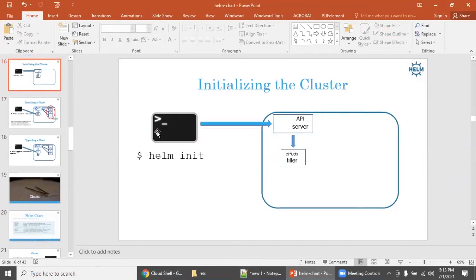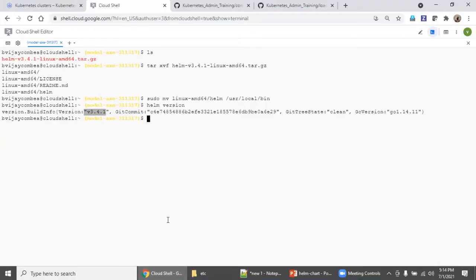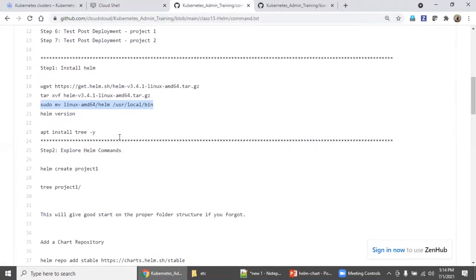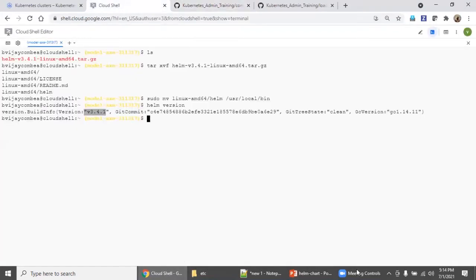Whatever version and documentation you are going to use for the hands-on, right? Understanding the concept is different, but when you go to an actual POC, please ensure the version you have in your lab matches the documentation. So we have version 3.4.1, which is good. And also make sure you install this utility. I will tell you why.